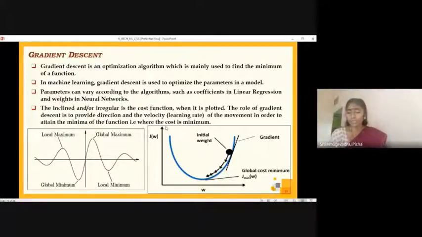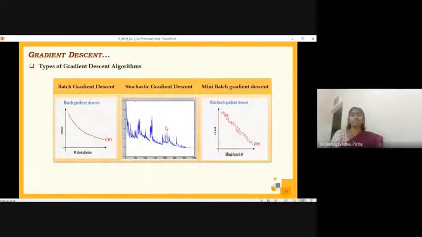So let's go to the next slide. This is about different types of gradient descent algorithm. Let me not overload you by getting into the details of all these things. Once you know what is meant by gradient descent, the literature survey that you can do on these kinds of types will make you understand which kind of gradient descent will be appropriate for your problem solving approach. I'll just highlight the types, and there are many more. I have just taken 3 for your